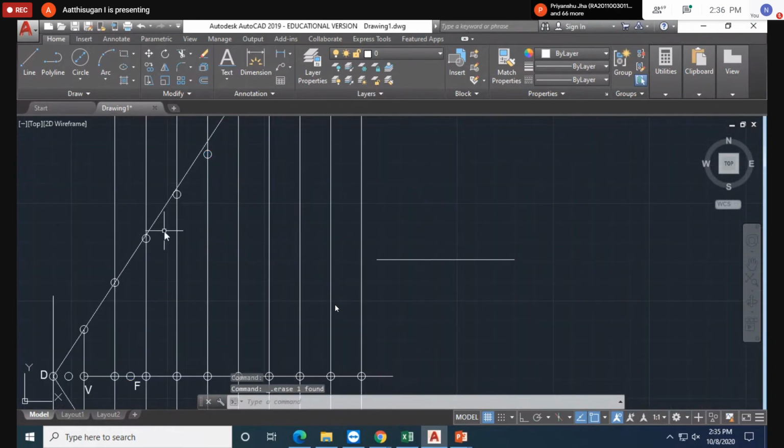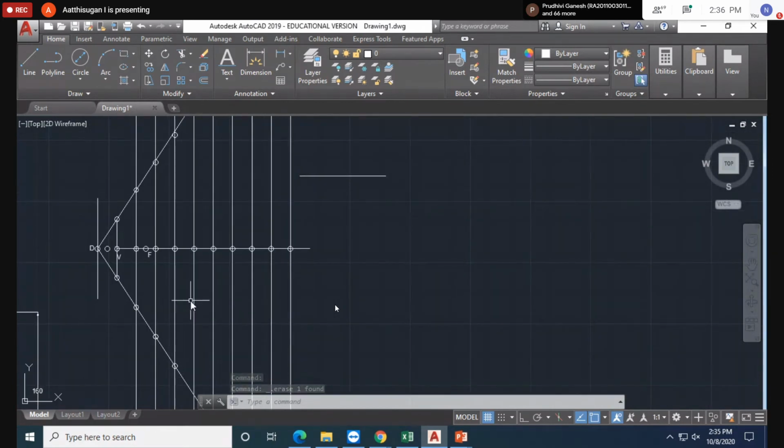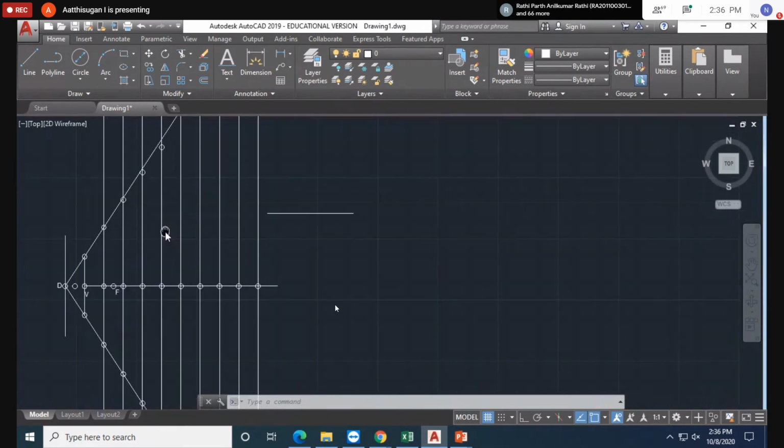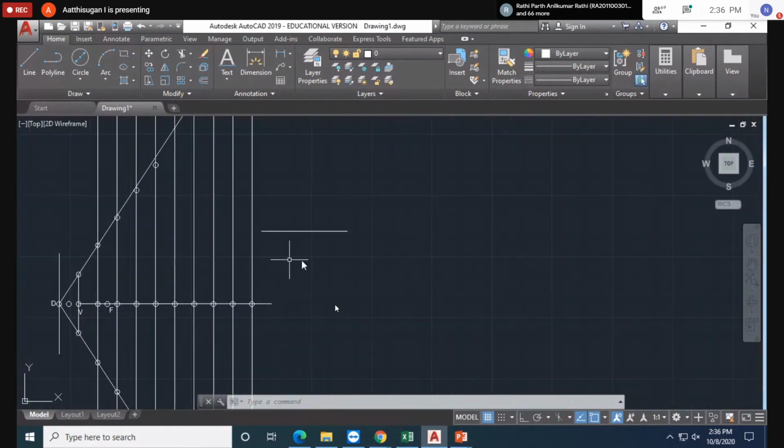Whatever you're doing for the top, you can do for the bottom also. Or the other thing you can do is mirror, that is your wish. The other is just mirroring. So this is one method. Explained one method, or else you have to draw the circle and take the intersection point.